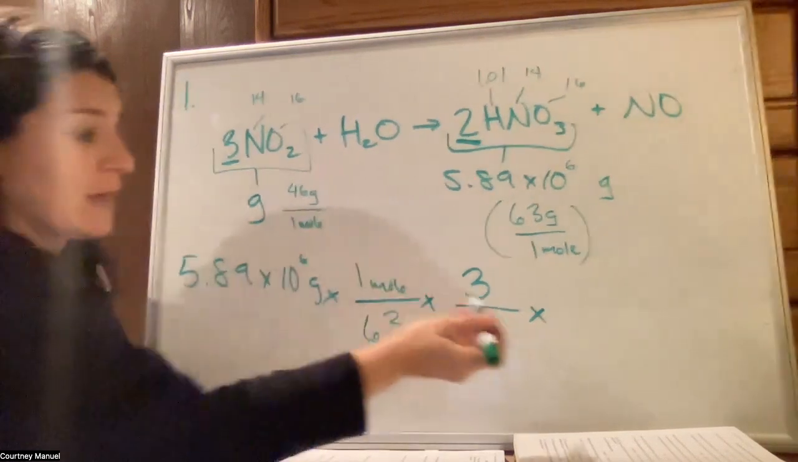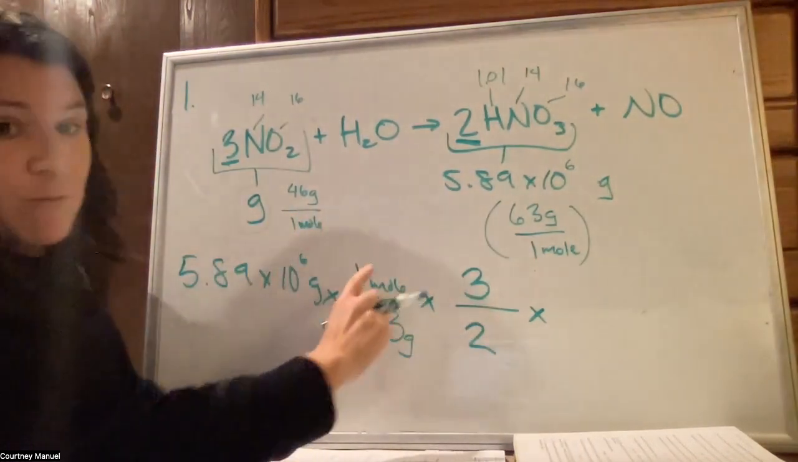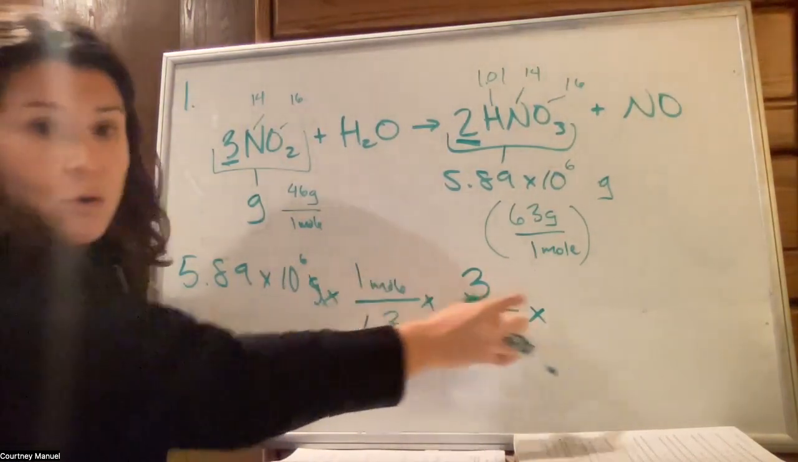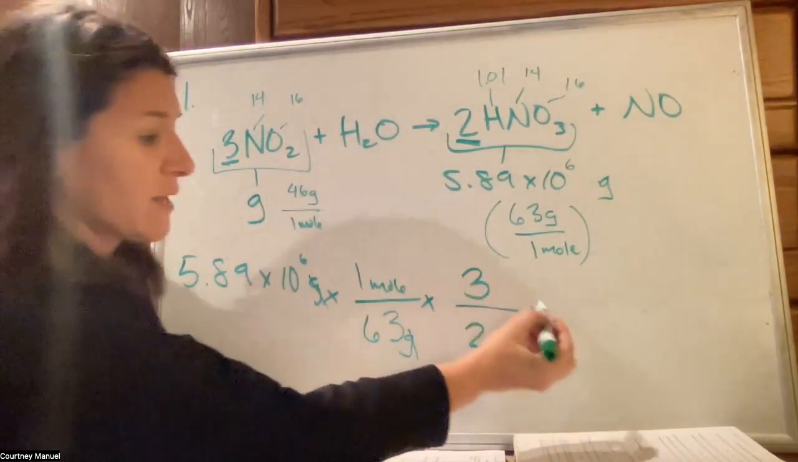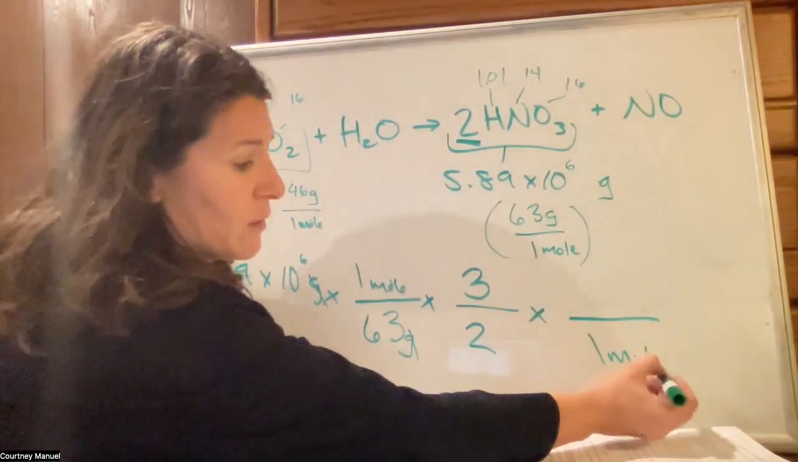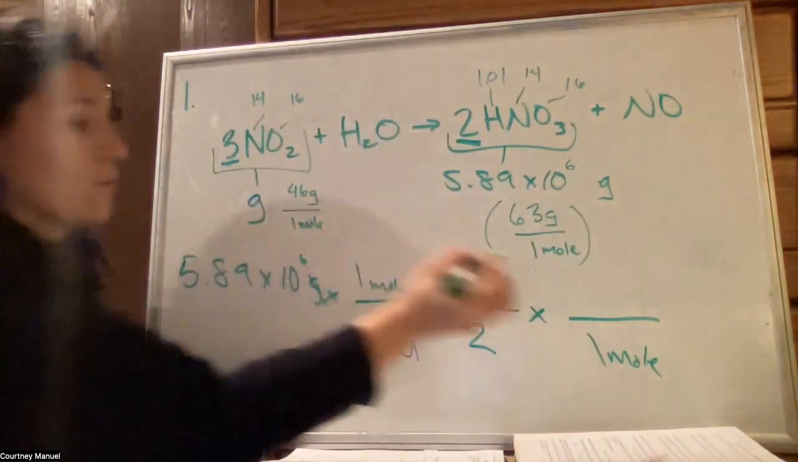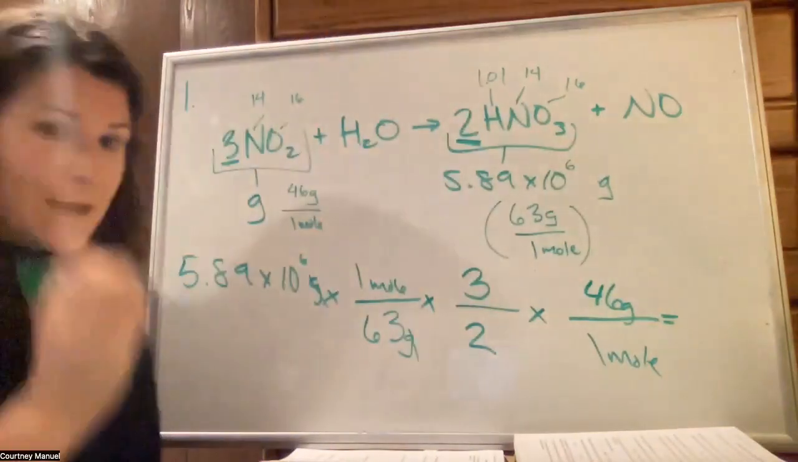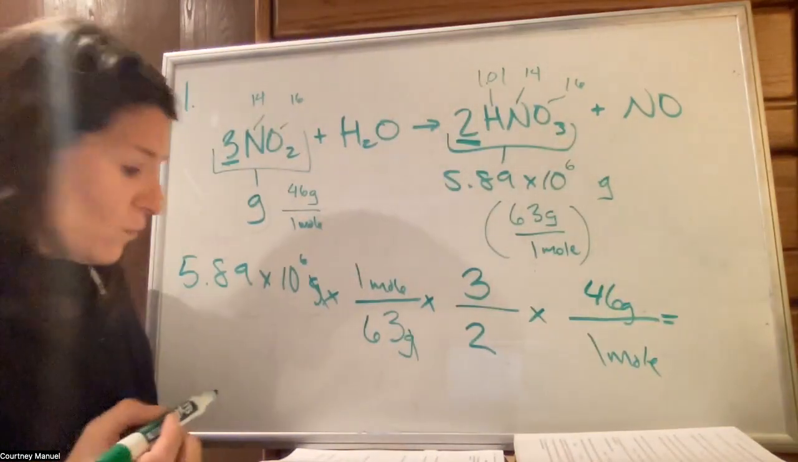So I'm just going to plug in that conversion right now. We have moles on top because this is grams. We got rid of grams. We're running moles all the way across now. If moles are on top here, moles need to be on the bottom over here. And the conversion of this guy is 46 grams. And then you should have your answer, which is